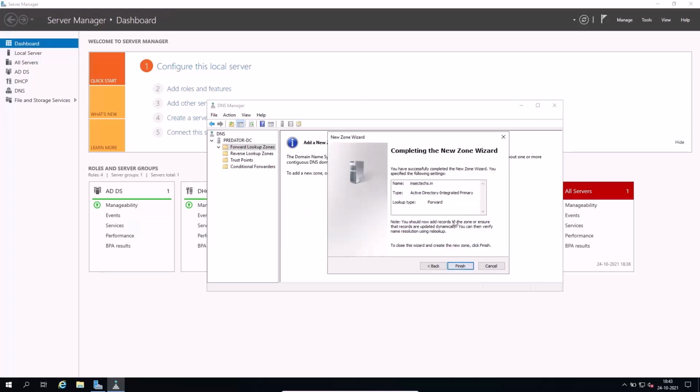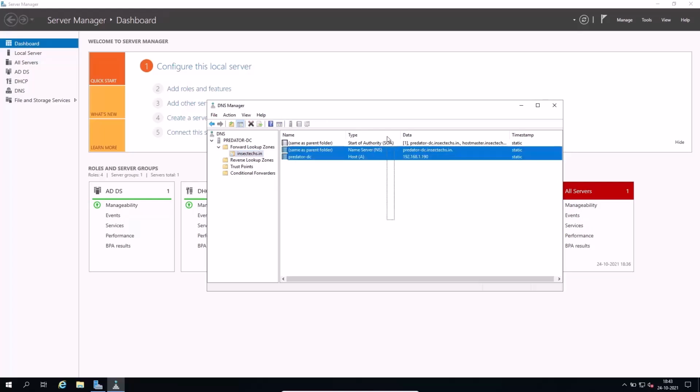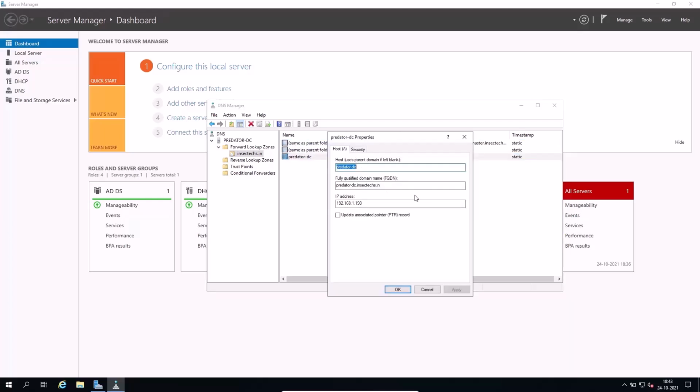Click next. Finish. So we have a new zone, that is INSECTECHS.in, and by default 3 entries have been created. That is 3 records: host A record, NS server record and SOA record. If you double click on this record, you will see the host name is Predator DC, which is the name of our domain controller,